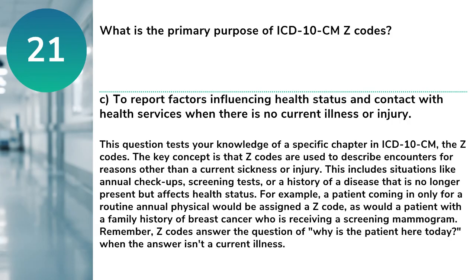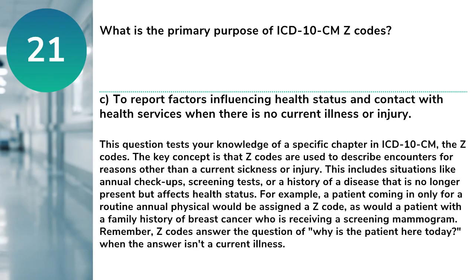Answer: C. To report factors influencing health status and contact with health services when there is no current illness or injury. This question tests your knowledge of a specific chapter in ICD-10-CM, the Z codes. The key concept is that Z codes are used to describe encounters for reasons other than a current sickness or injury. This includes situations like annual checkups, screening tests, or a history of a disease that is no longer present